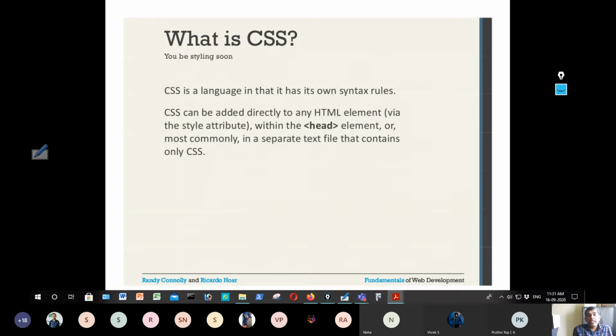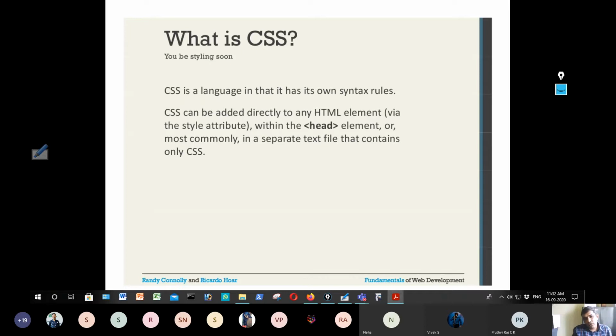So, for example, CSS can be used directly within a given HTML element. I can give a paragraph p tag, and within the p tag I can use the attribute style and give color red. So what does it do? The style attribute with the property color and value red will display the given paragraph in red. That means you have specified the style within the paragraph element.